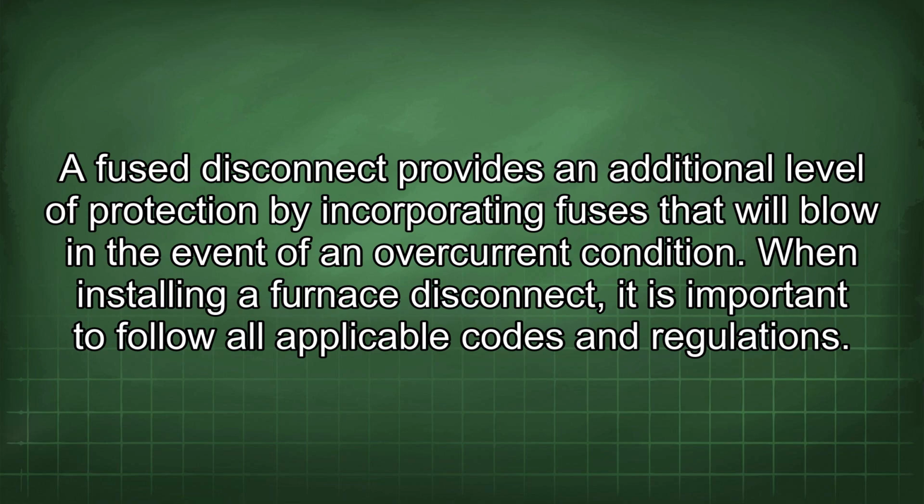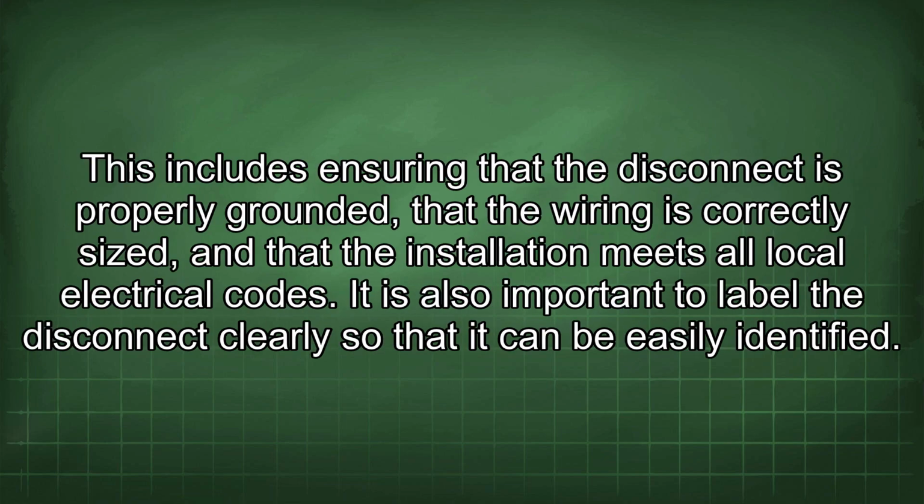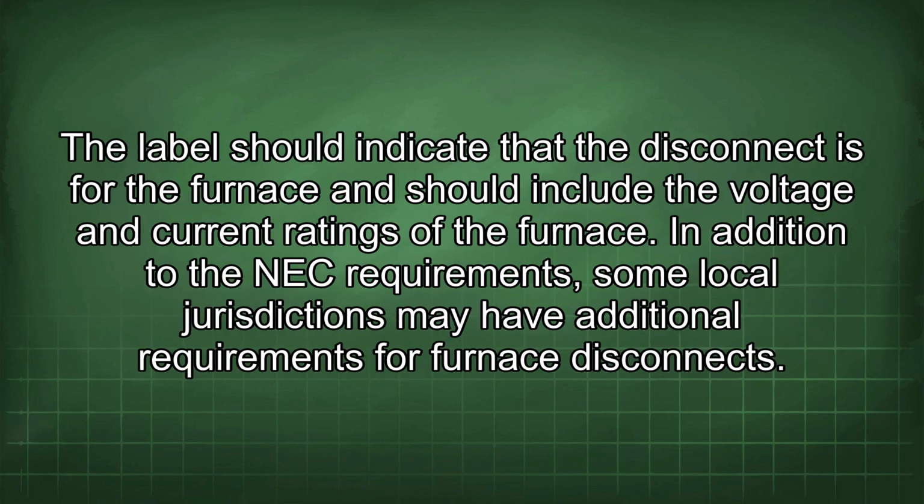When installing a furnace disconnect, it is important to follow all applicable codes and regulations. This includes ensuring that the disconnect is properly grounded, that the wiring is correctly sized, and that the installation meets all local electrical codes. It is also important to label the disconnect clearly so that it can be easily identified. The label should indicate that the disconnect is for the furnace and should include the voltage and current ratings of